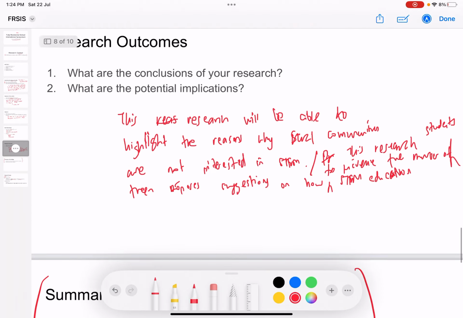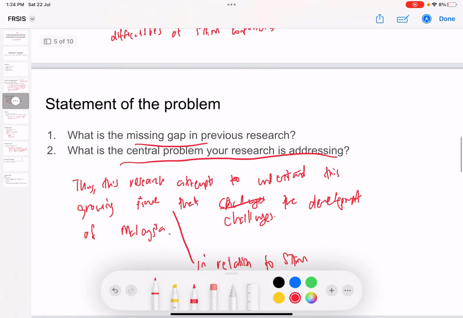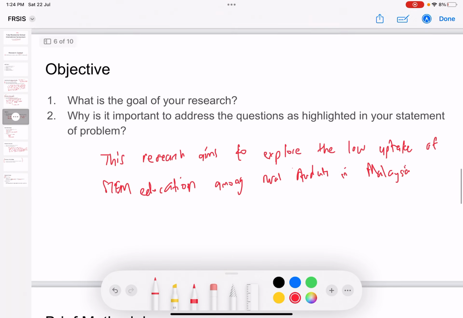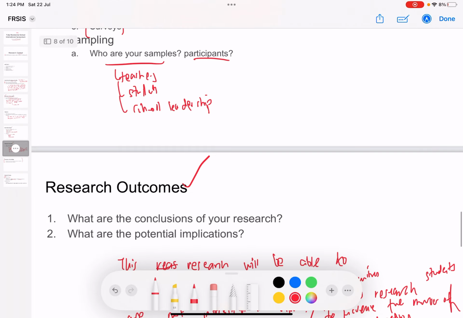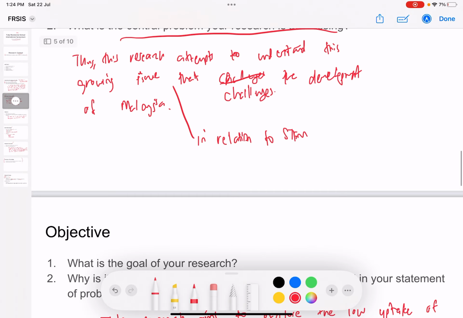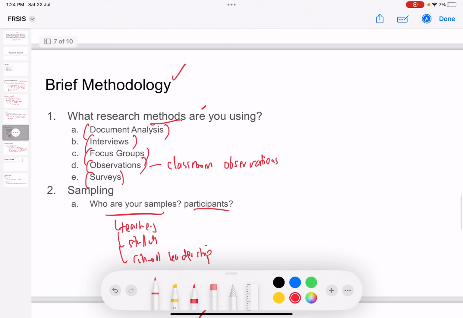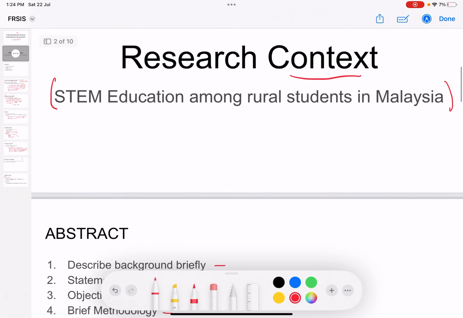So okay, going back here, I think the hardest part for you writing the abstract would be getting the statement of problem, because once you get your statement of problem, only then you'll be able to do the methodology and the outcomes, right? Up until then, it'll be a little bit hard for you to truly understand. And also, once you have your statement of problem, I would always suggest students to look at the sample first. Who's your sampling? Who are you actually looking at? Because then it really gives you a better idea on how you can write your abstract. Okay, I think that's it for now. Wish you the best in your